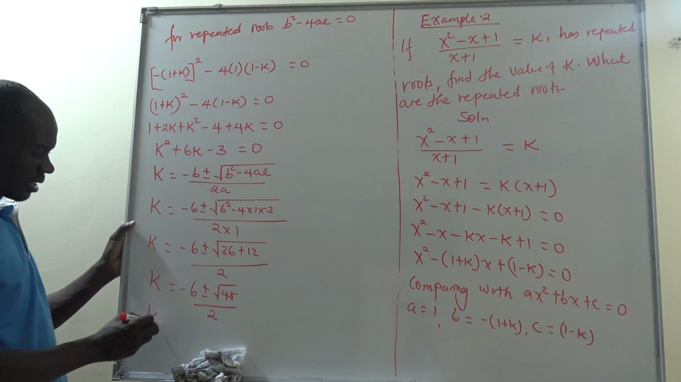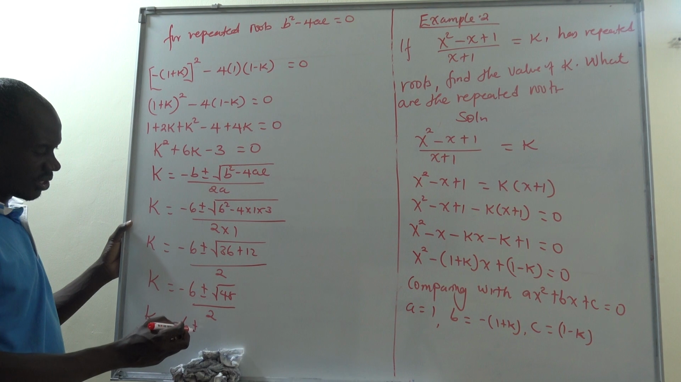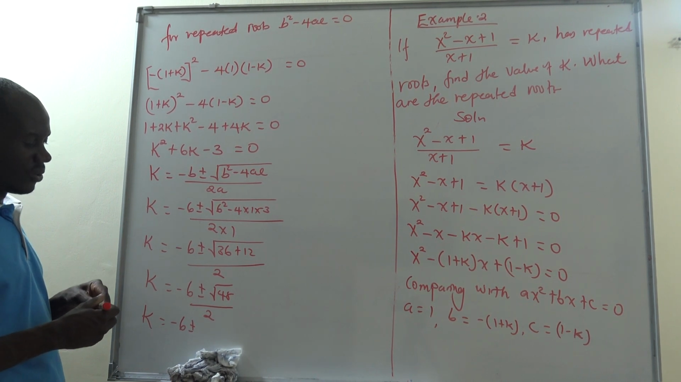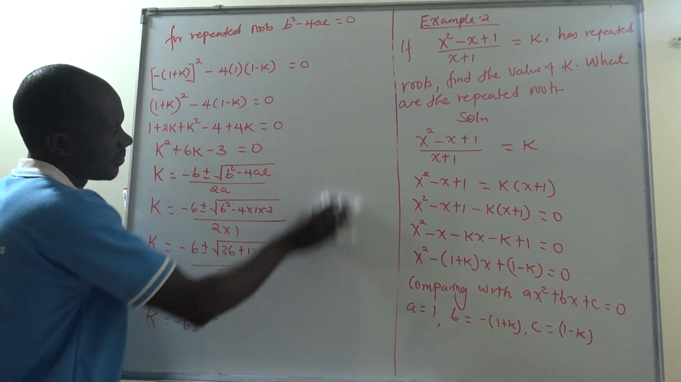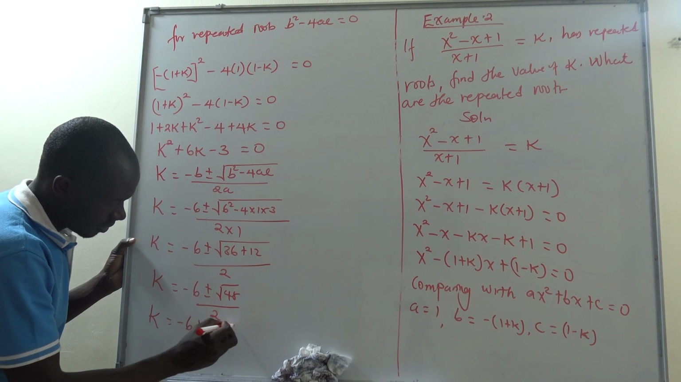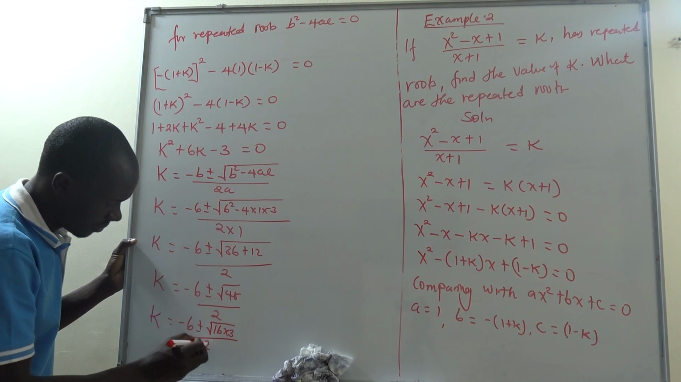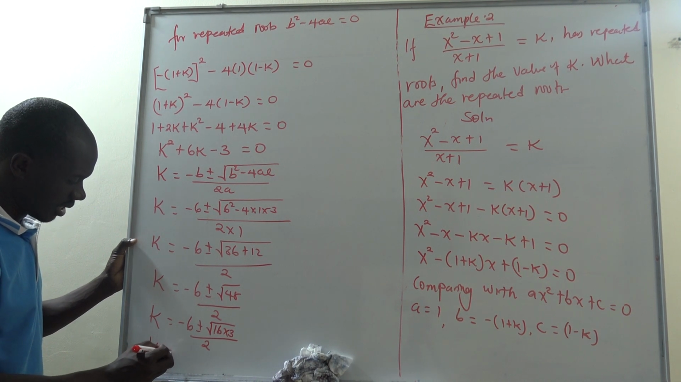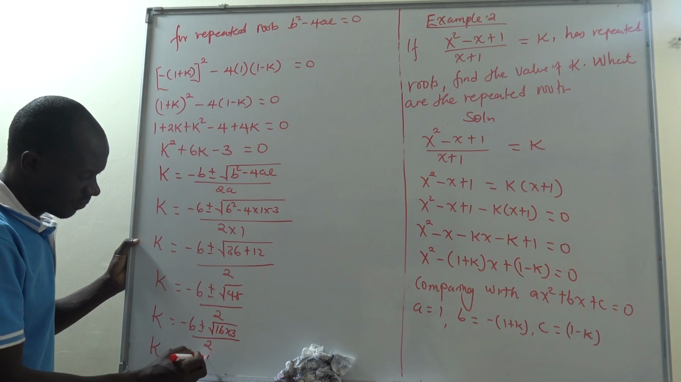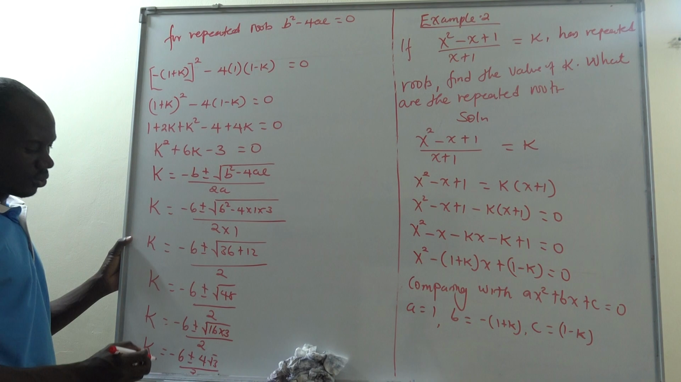So can we get k? This is negative 6 plus or minus root of 48. If we want to put it in terms of surds, can we use surd ways? That is the same as plus or minus root of 16 times 3, all over 2. We got k equals negative 6 plus or minus 4 root 3, out of 2. So 2 can divide every